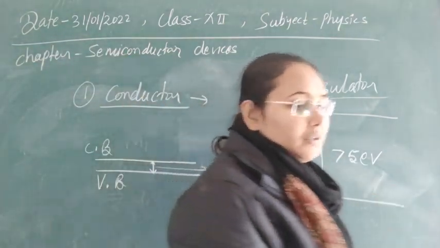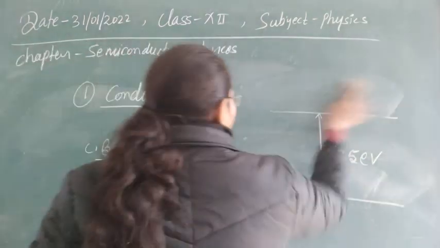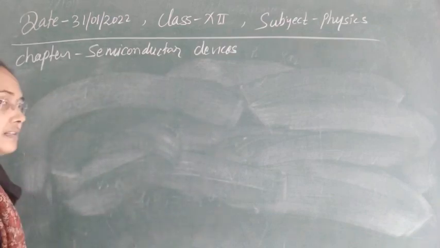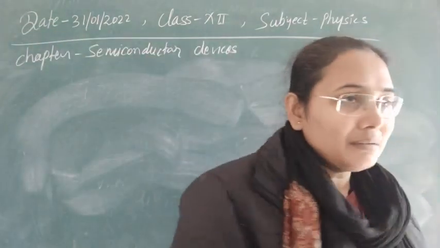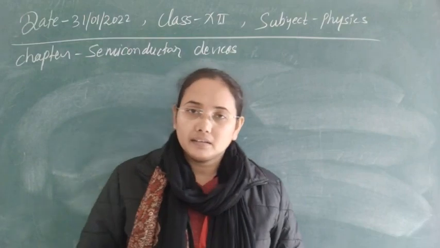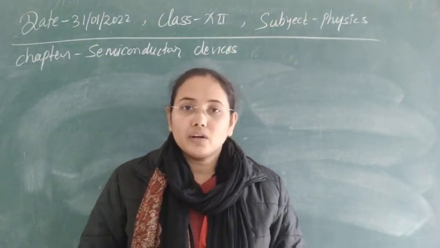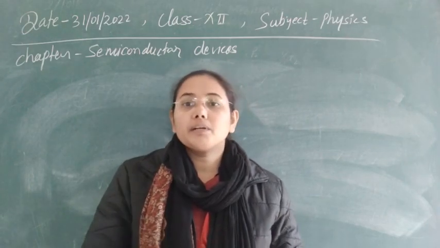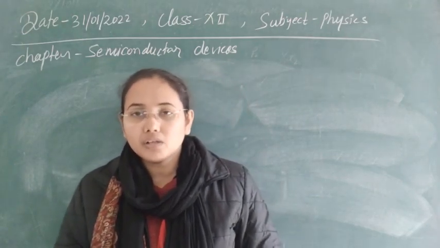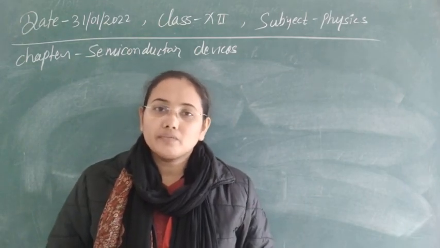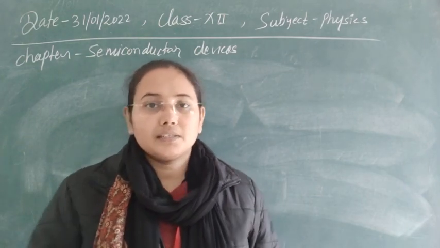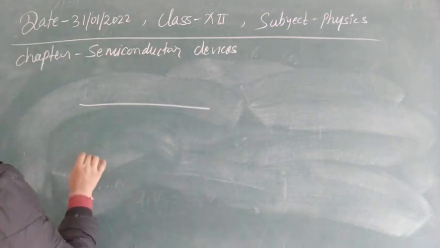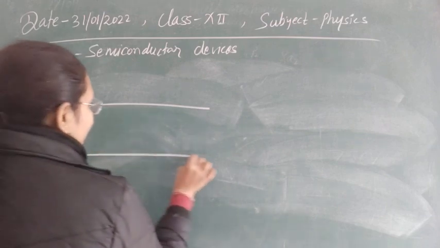Next, the third material we have is semiconductor materials. By definition, semiconductor materials are those whose conductivity lies between insulator and conductor. It means the electrons are now available to do conduction from valence band to conduction band, but that conduction is not as easy as for the conductor. So here the forbidden energy band gap is less than the insulator but greater than the conductor.